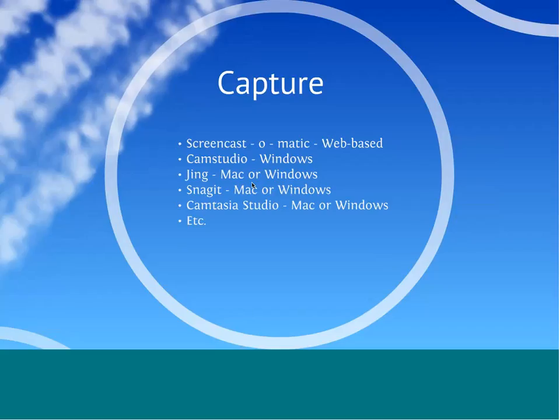have if you decide that you want to download something to your computer that might have some more functionality, or if you want to pay some more money for something like Camtasia Studio, it will cost you a couple $100 for something like that. But you do get a lot more functionality out of those tools. So just so you all know, these are all some tools that you can use to capture, but like I said, the skills we're using today will transfer really to any of these.